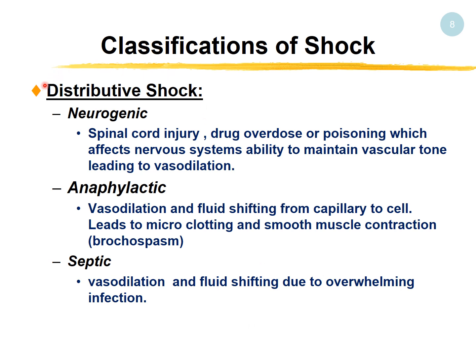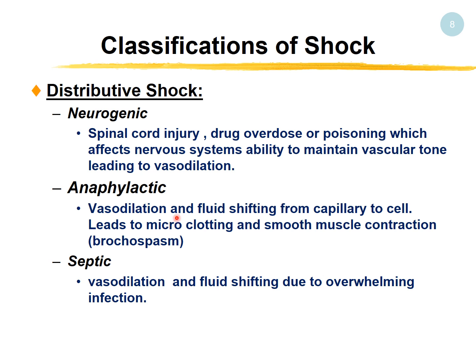Another interesting one is distributive shock. In distributive shock, there are at least 3 different categories. One is neurogenic shock, when we do not have a normal neuronal tone maintaining the vascular resistance, so we have vasodilation due to the failure of the sympathetic stimulation. Then there is anaphylaxis, or anaphylactic shock, when we have vasodilation due to